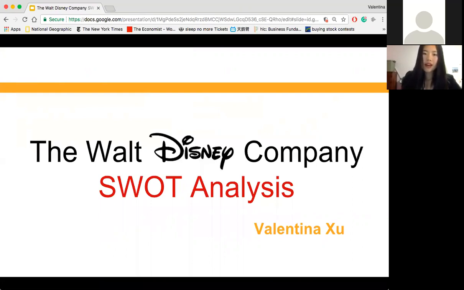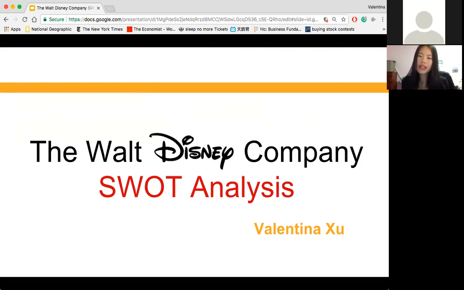So today's topic is the SWOT analysis. What is a SWOT analysis? Basically, it's an acronym that stands for strengths, weaknesses, opportunities, and threats. What does a SWOT analysis do for a company when the managers are trying to figure out the future for the company, or they're trying to realize where they are in the market, and how they are doing with their competitors? Well, that's what SWOT analysis is for.